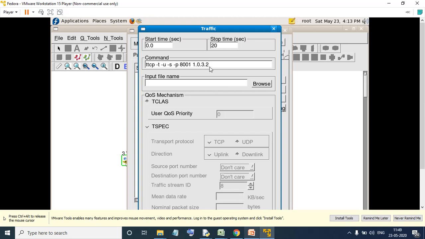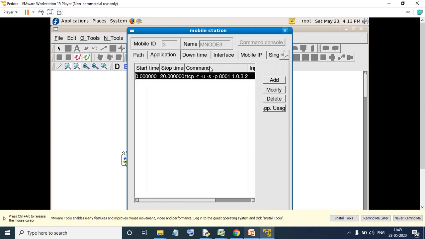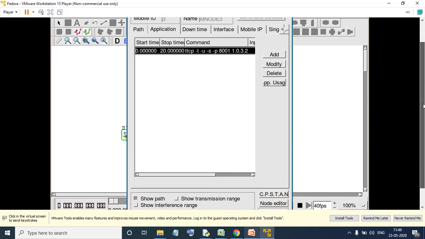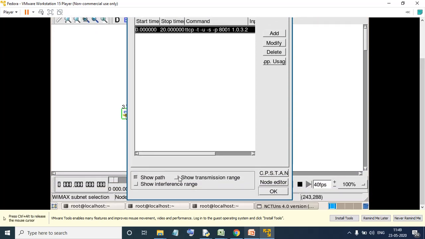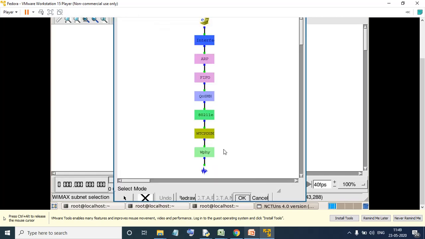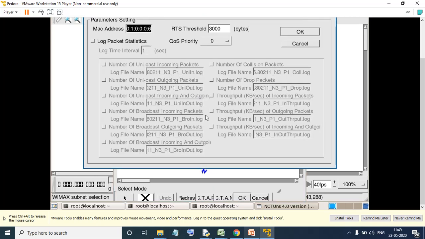Okay. Then press enter. So after doing this, we need to go to the next one. So here you will be selecting the transmission range. If I want to see the transmission range, I should select this one and say OK. Or before pressing OK, you should go to node editor and there you need to go for 802.11e.